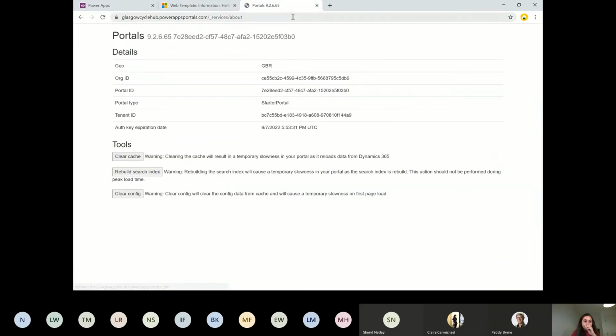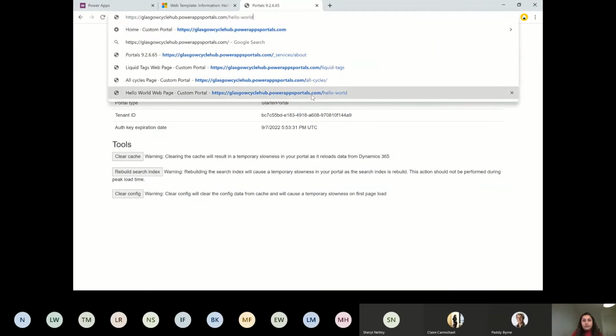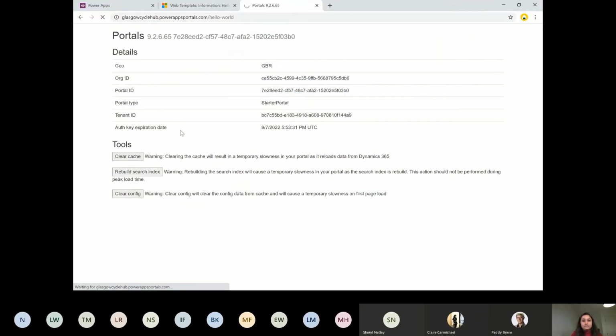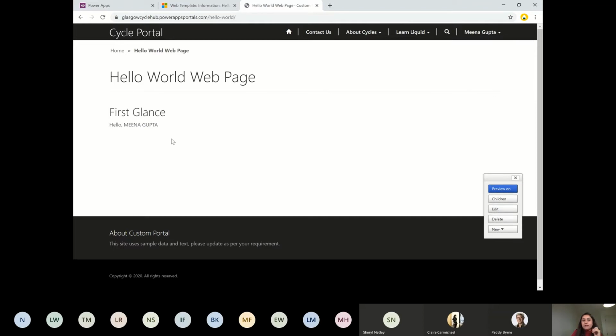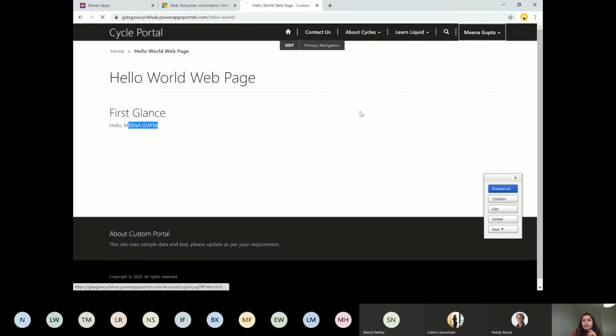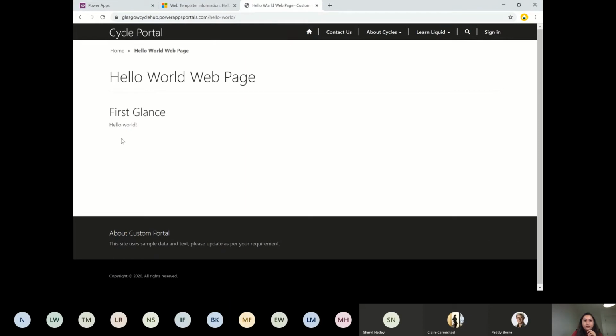So if I go here, clear the cache, and again go to the hello world page. Since the user is logged in, it goes in the if condition and shows me the HTML heading that I have given, and then hello Meena Gupta in capitals, my name, the name of the logged in user. Let's log out and see what comes there. So it just shows the hello world because it's the else condition.